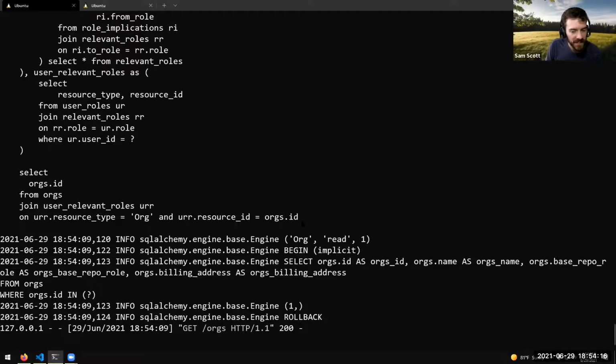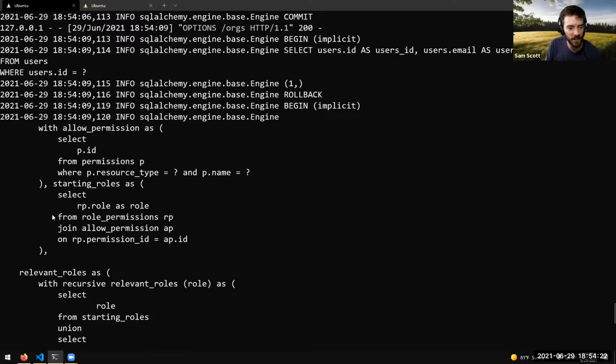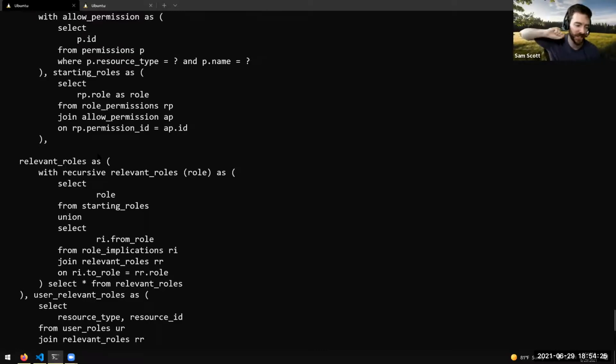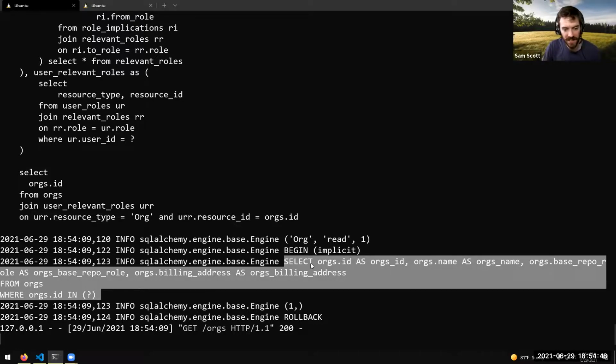Let's see. You can actually see, for example, that we've compiled this down to a whole SQL query that's going to go and find all of the roles that the user has for the organizations. Because to evaluate which organizations a user can read, you need to find all of the roles the user has for all those organizations. And similarly for repositories, all the roles the user has for repositories and orgs, and do the kind of join over all of them. So down here, the end result is the query. It comes down to getting all the organizations where the user is allowed to read them.